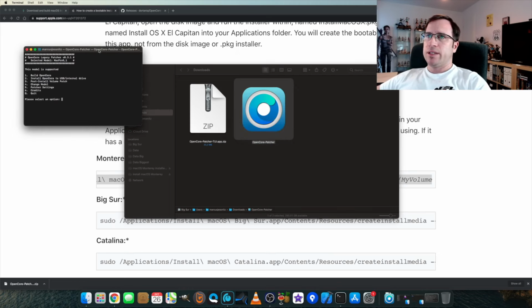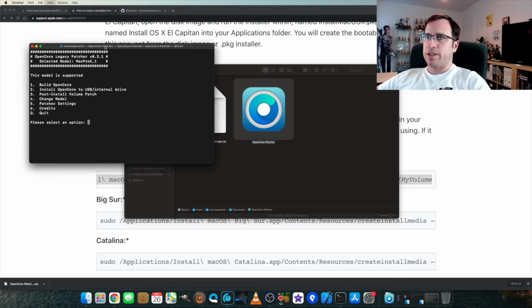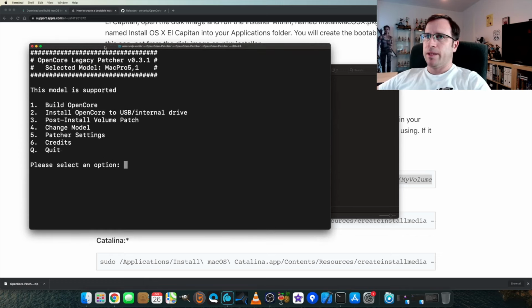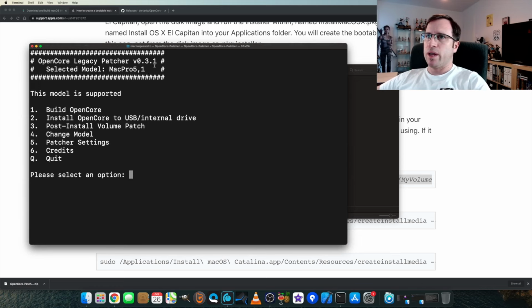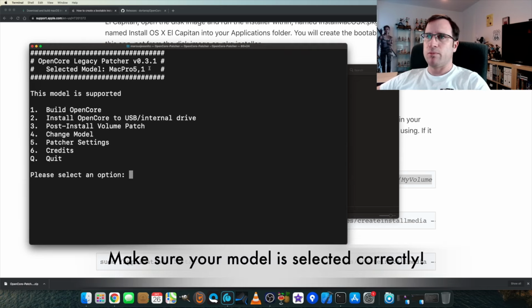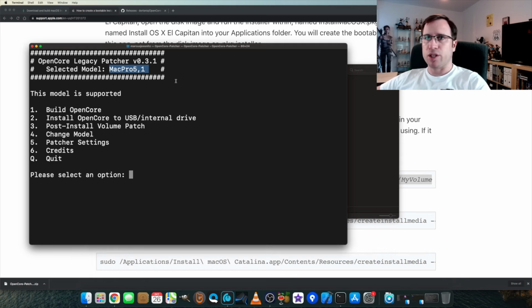And you see here, just enlarge this again so you can see it. There's a legacy patcher 0.3.1, and it already found my model Mac Pro 5.1. So your hardware should be written up here and should be automatically detected. If not, just choose number 4 and change the model to the appropriate one. It's important to choose the correct one.